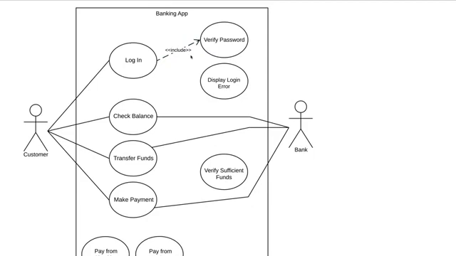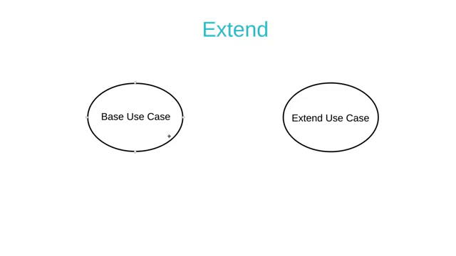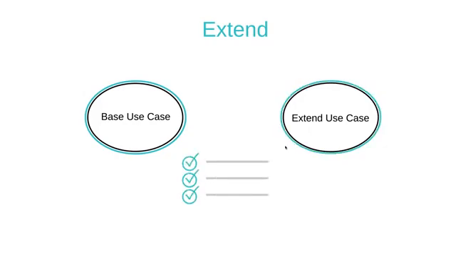The next type of relationship is the extend relationship. An extend relationship has a base use case and an extend use case. When the base use case is executed, the extend use case will happen sometimes, but not every time. The extend use case will only happen if certain criteria are met. Another way to think of it is that you have the option to extend the behavior of the base use